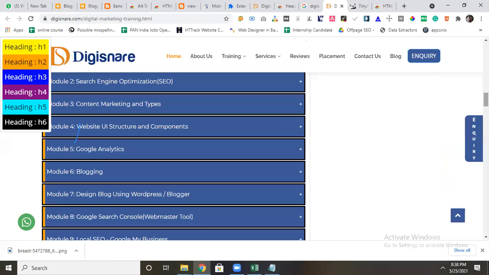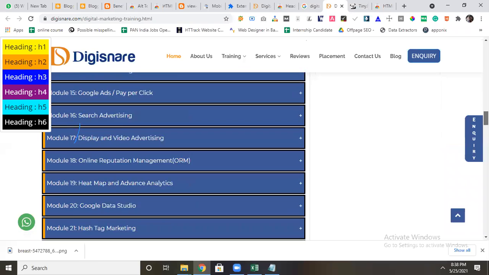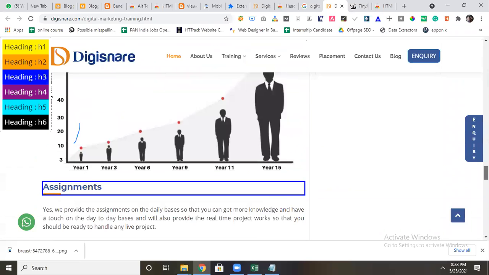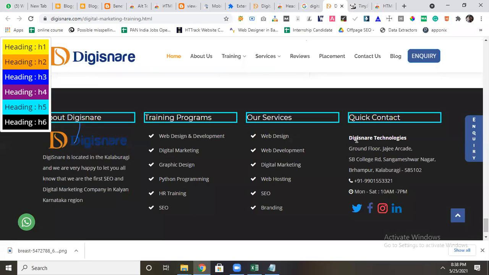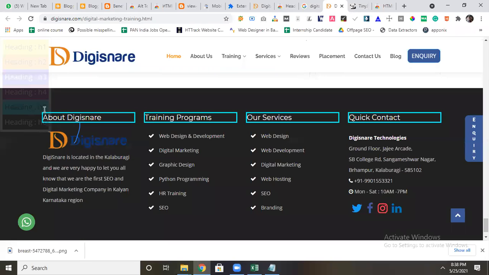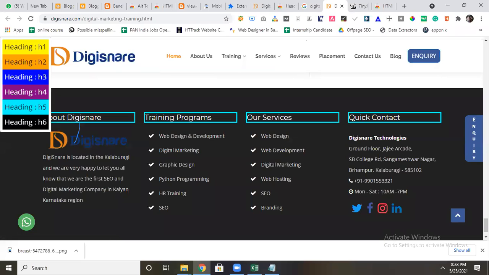You can see whichever headings I have used are coming up. Black means H6. Here I have used H6 completely, and H5. I can recommend this extension for you to identify the values.